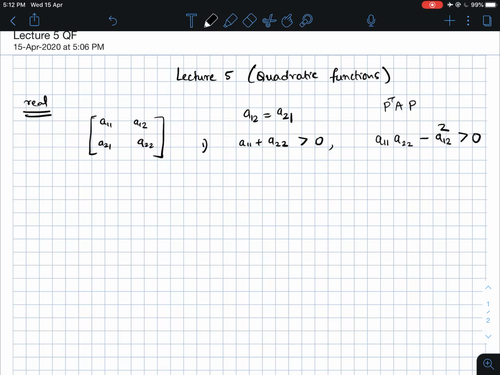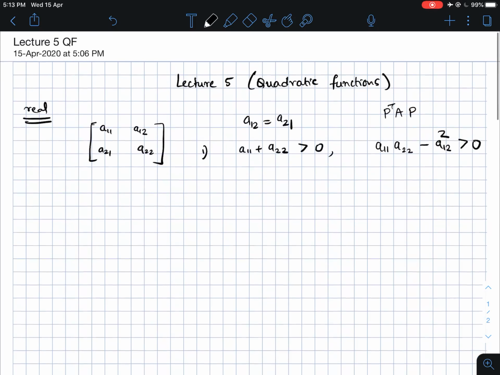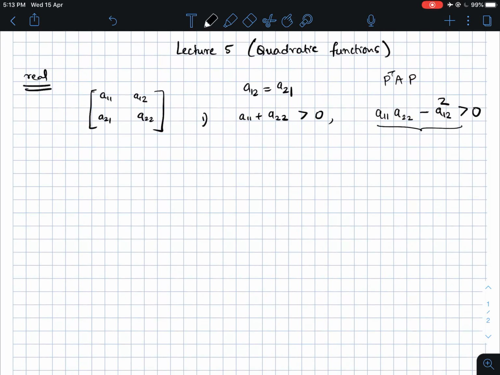These are the conditions that must be satisfied by the coefficients for a 2 cross 2 matrix to be positive definite. Let's parse these conditions a bit more. This condition is actually saying A11 A22 is bigger than A12 square. So this product must be bigger than a non-negative number, since A12 square can never be negative. That also means, as a corollary, that A11 and A22 must be of the same sign,